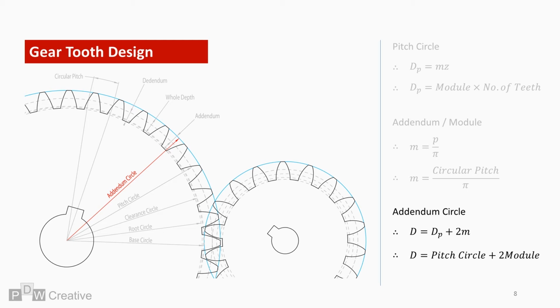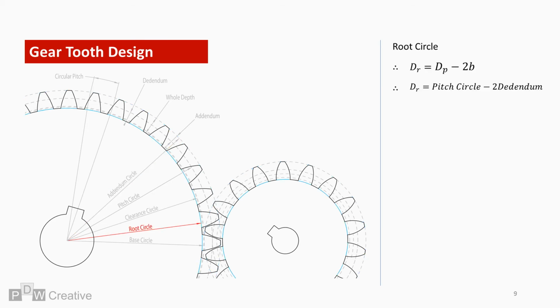For argument's sake, all circles discussed here are calculated as diameters. With this in mind, the addendum circle can be found by adding the pitch circle to 2 times addendum or modules. The root circle forms the diameter of the tooth bottom face. This exists in clearance from the addendum circle and corresponding top face of the meshing gear. The calculation is pitch circle minus 2 times the addendum,